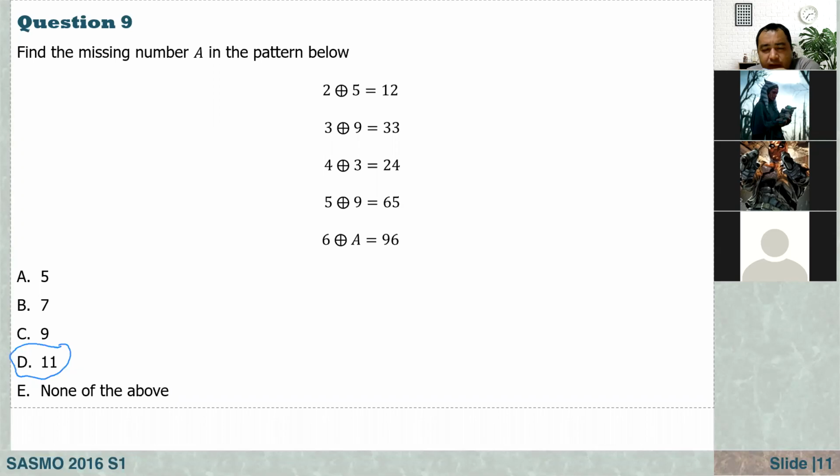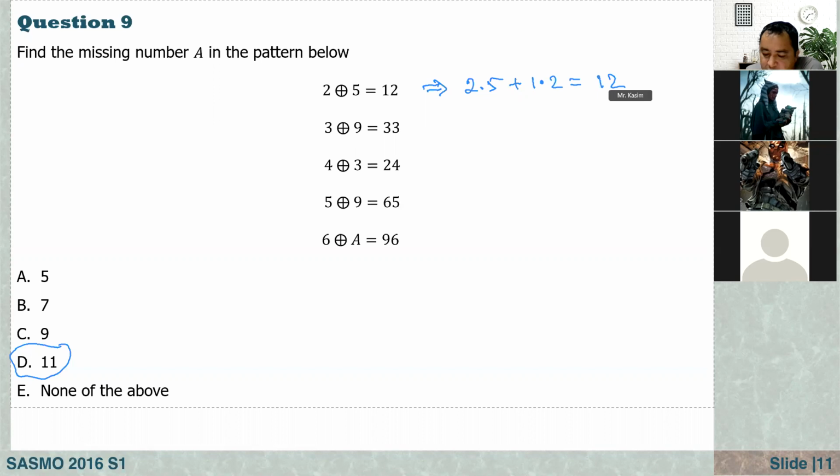Okay. It's a little bit challenging question, but if you are like Selin, by just guessing, you can get the right answer, 11, without making any effort. So here, if you look at the first one, what's going on here? The first one is 2 times 5, it is 10. 10 plus what number is 12? It is 2. So 2, I can write it as 1 times 2. So the answer is 12.